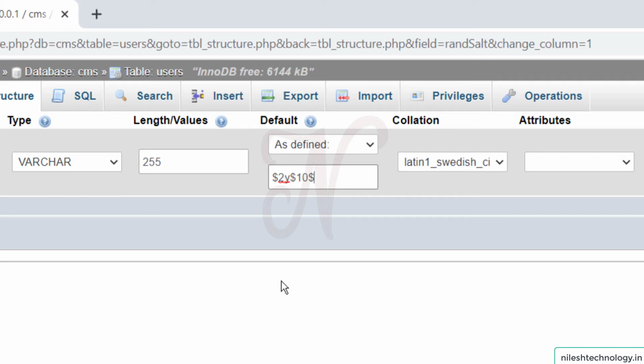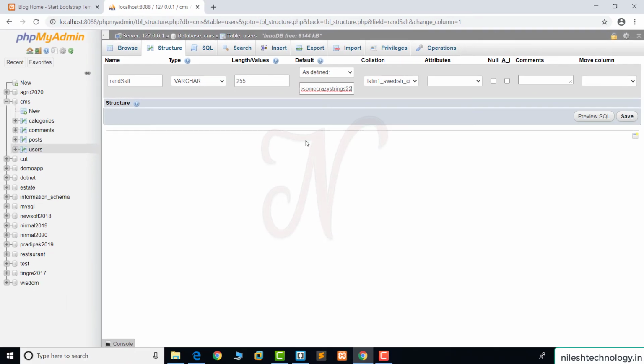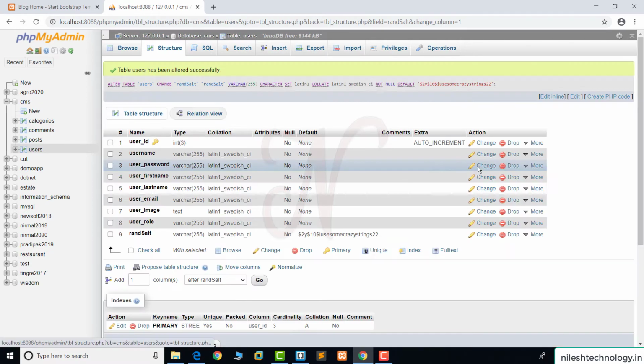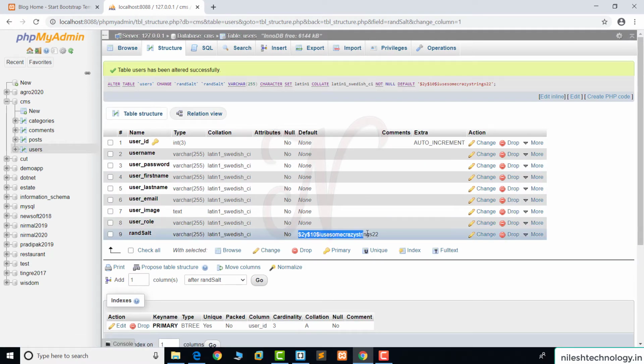You can also change it. So here I use some crazy strings 22. This is my 22 length string. So this is my default value. So save this. See, this is my default value.